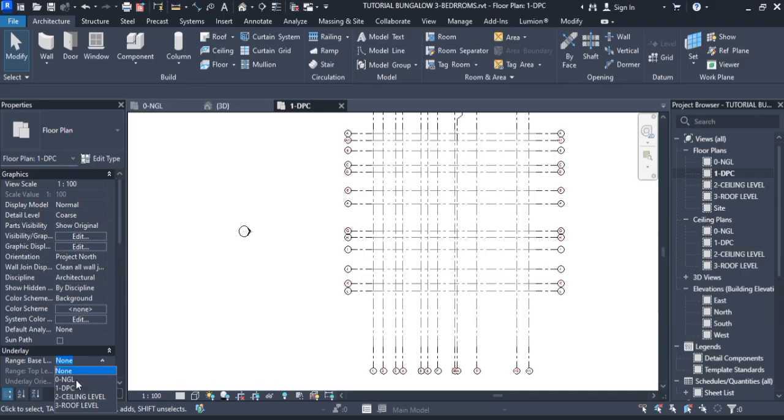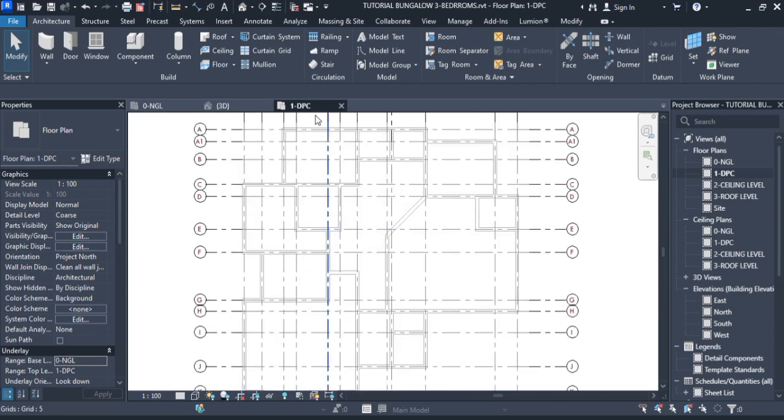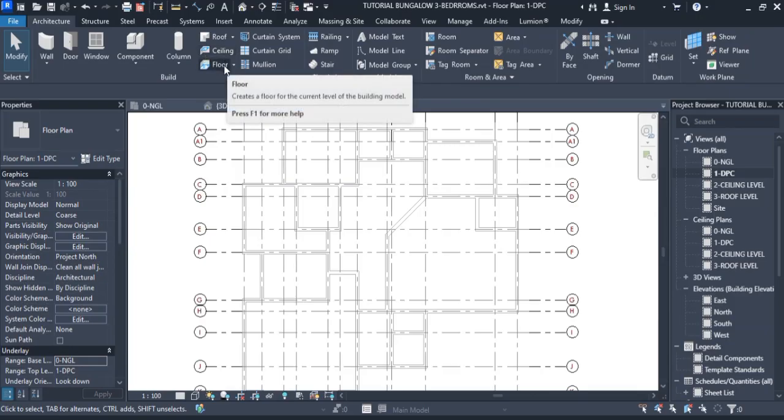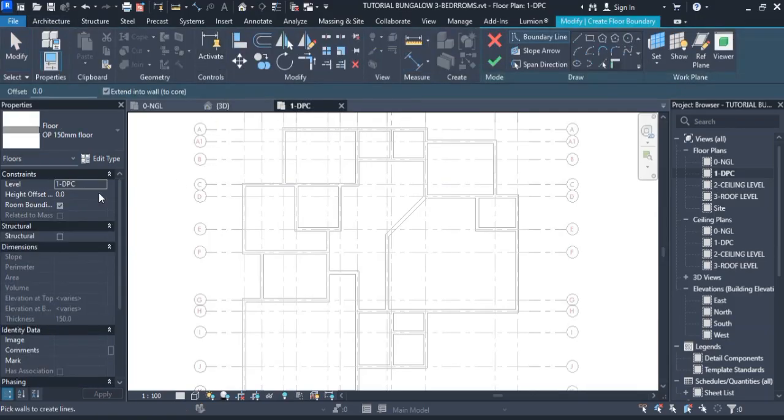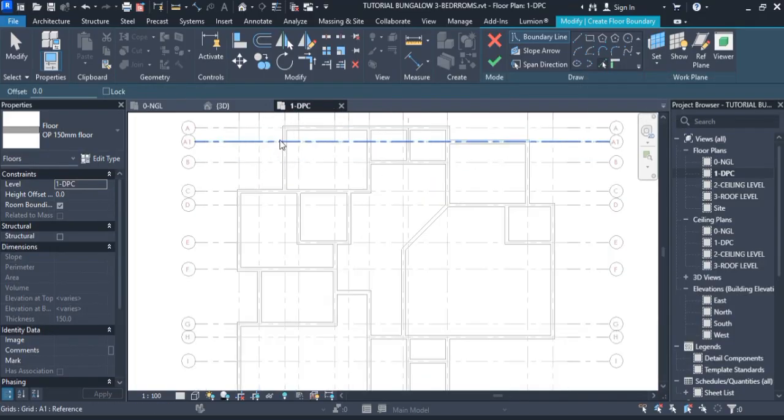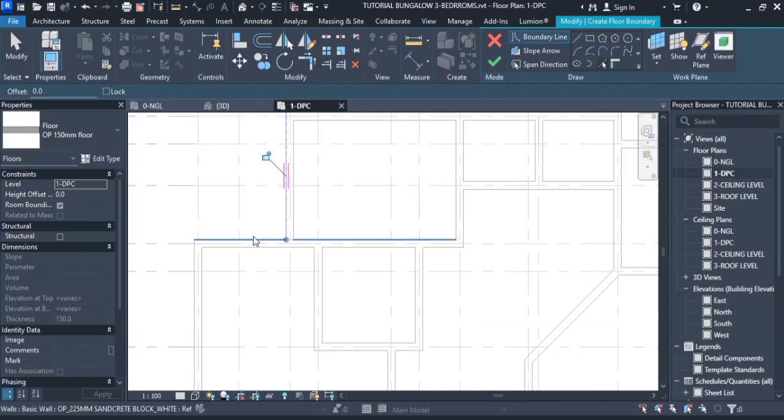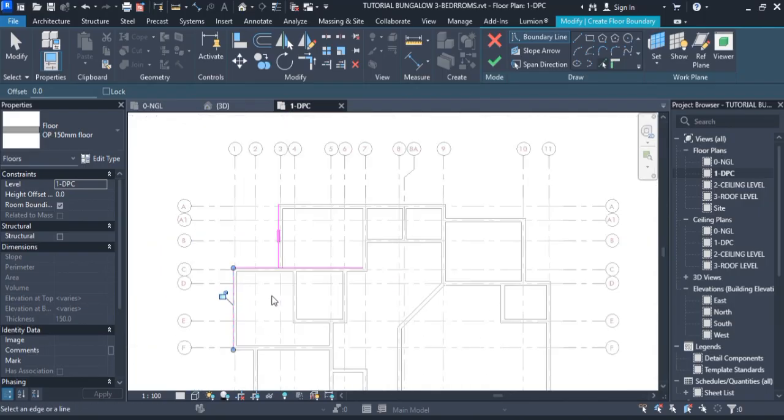So I'm going to click on the range, that's the base level of the underlay. Then I'm going to click on NGL, so you kind of see my work and the walls that we have just drawn. So to draw floor, you go to architecture, you click on floor. Fortunately, there is no shortcut for this, but of course Revit will keep on improving themselves. So one thing we'll do is we'll go to pick lines, and then we'll pick the edges of our walls, the external walls, and then